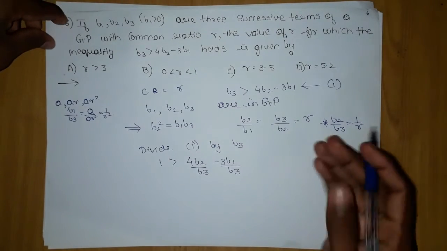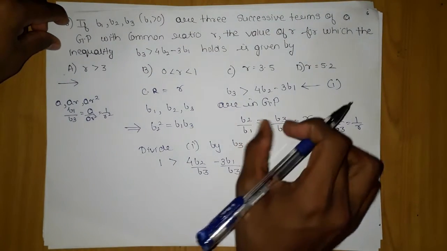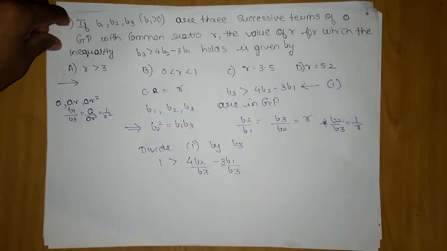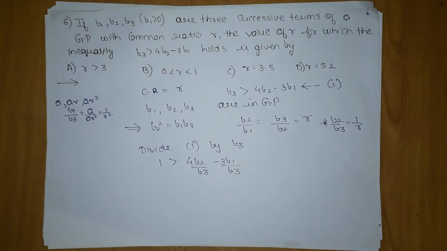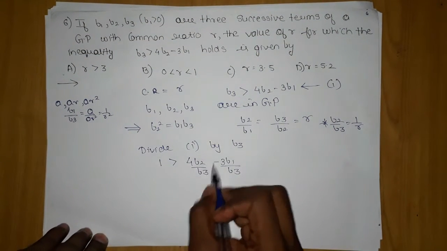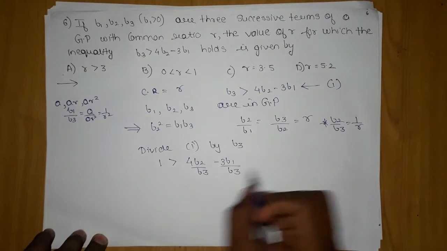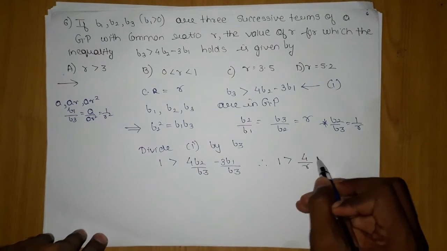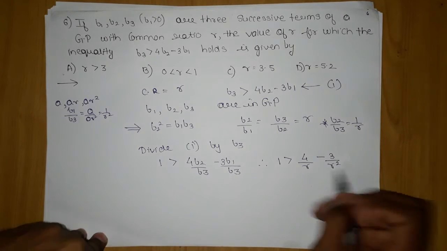So remember that if the common ratio between consecutive terms is r, then the common ratio between the first and third term will be r square. Similarly, for the first and the fourth term it will be r cube. Just one less than the position: if it is the third term, it will be r square. So we are going to substitute the values we are getting. After substituting we will get 1 greater than 4 by r minus 3 by r square. Now we will multiply